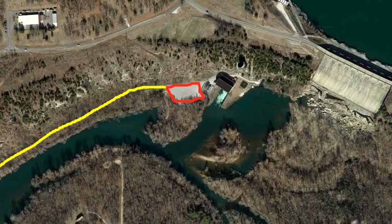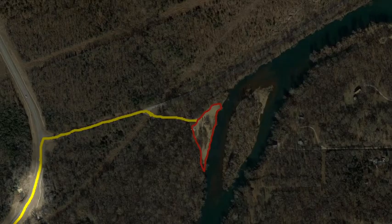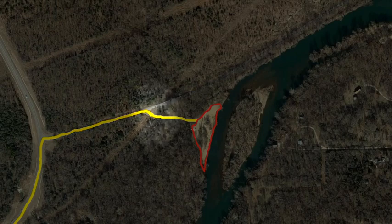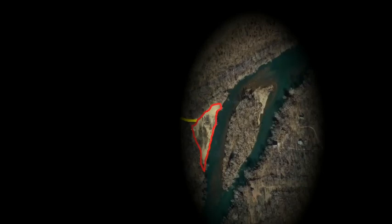All right. Next one is, we're calling it the fish area. So this was the road coming from Gore, Oklahoma. You make a right, and if you kept going, you would end up over here by the power plant. Over here, you'll see a little sign that'll take you down closer to the river, and you can park in this area. So you can park here, little restroom here, and then you have this area here that you can